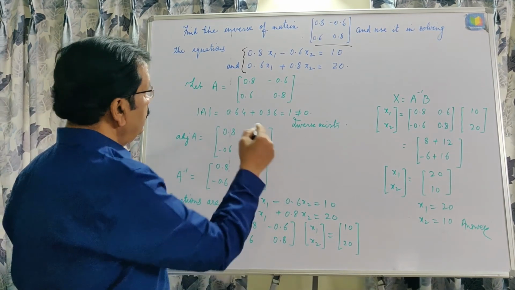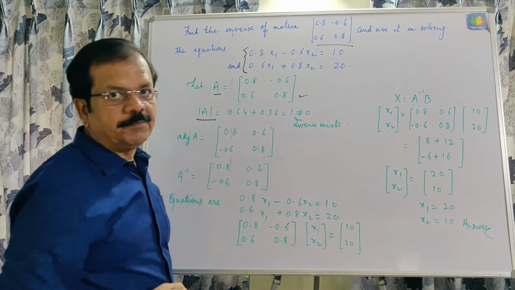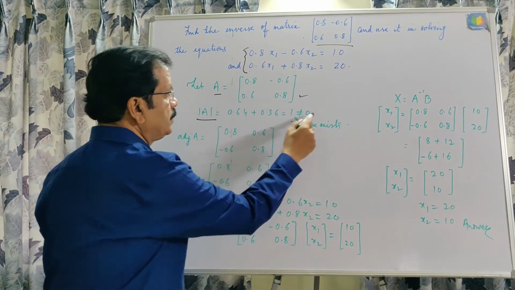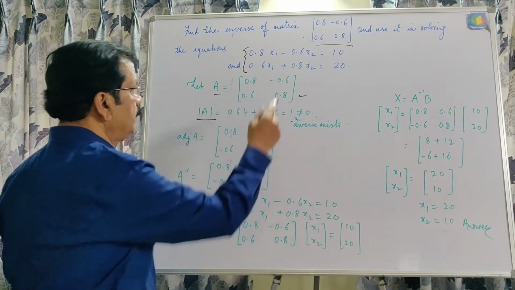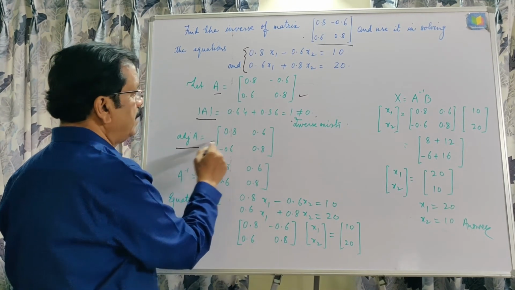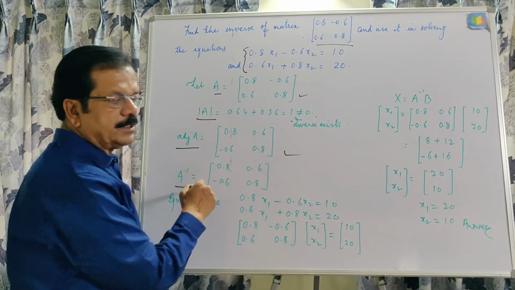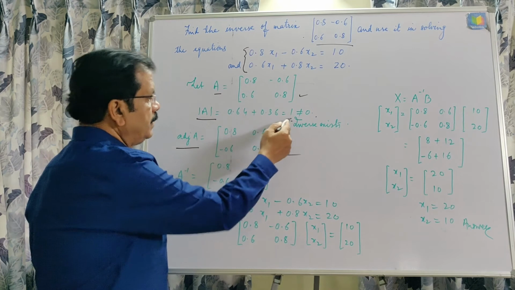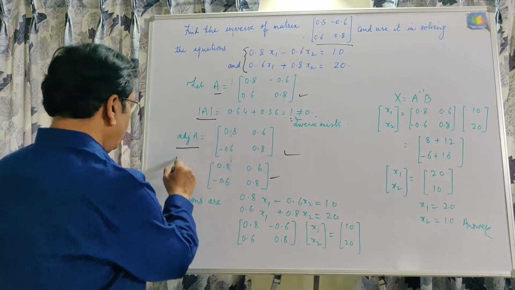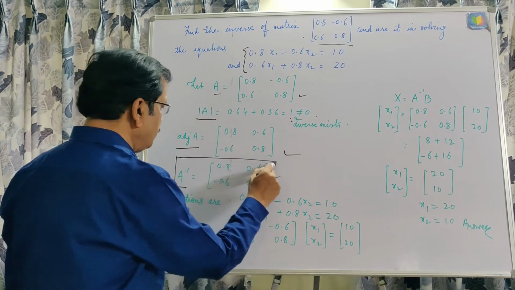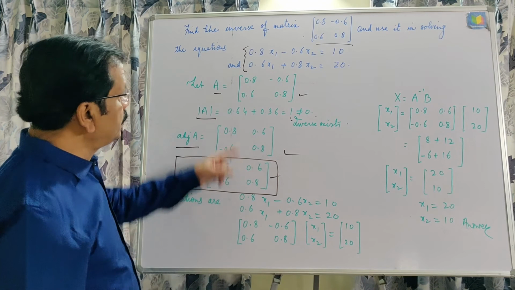Okay, and for this matrix, the determinant of A is coming 1, which is not equal to 0, and that is why we can easily find the inverse of this matrix after writing the adjoint of the matrix. A inverse is 1 upon determinant of A, which is obviously 1, and so the value will not change. So this way the inverse of this matrix is coming this much.